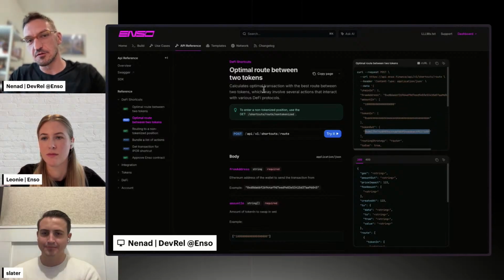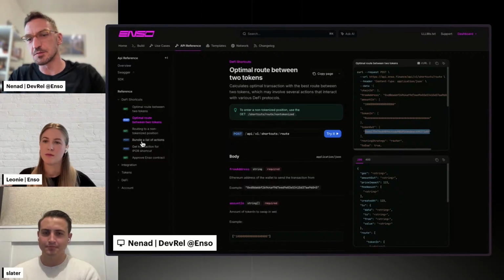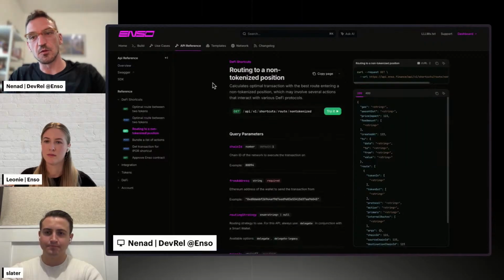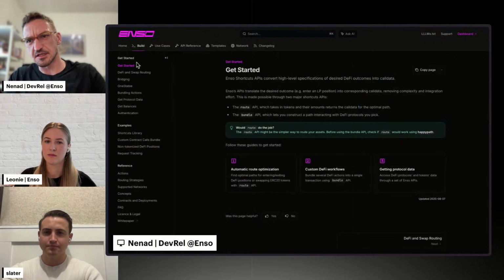But there's also, and this works for the majority of things people need, up until the point when you want to harvest or collect rewards or do something very specific where you control the swaps. Then you can give low-level instructions to Enso. So not just "I'm starting here, I want to get there." You can also give more detailed instructions. Actually, let me show